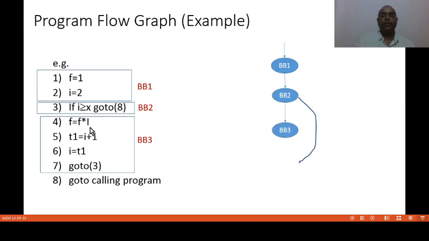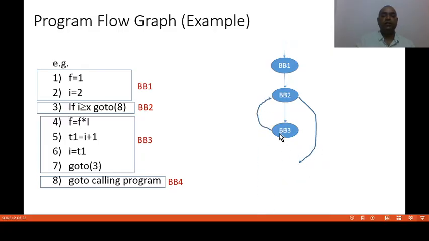So this is BB3. There is an edge from BB2 to BB3 and there is an edge from BB2 to statement 8. And our statement 8 is in BB4, so this will go from BB2 to BB4.